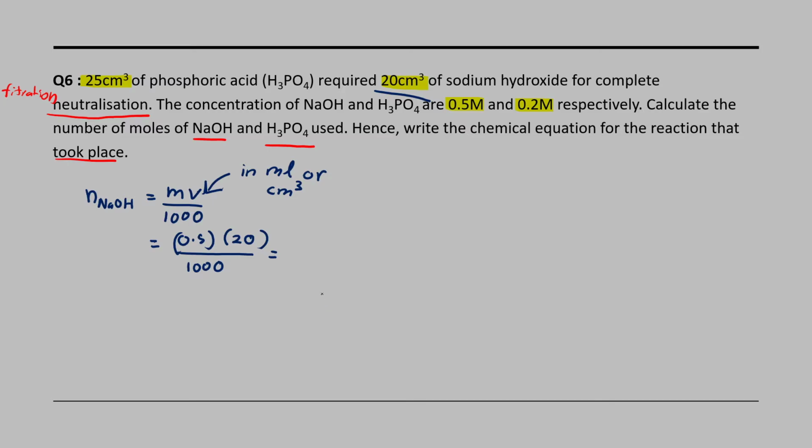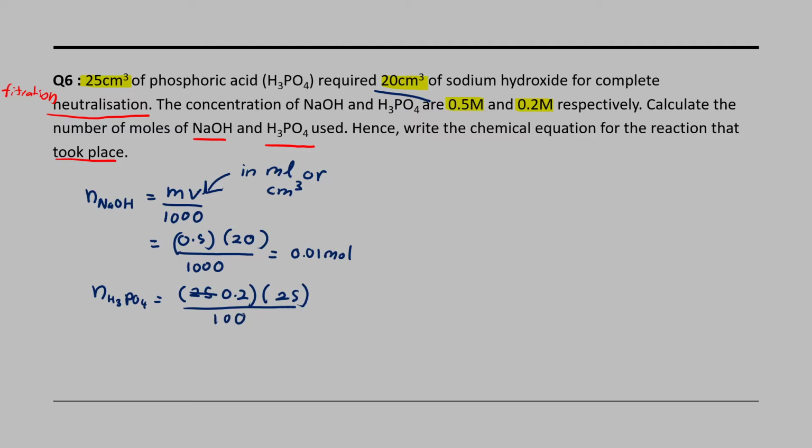Yes, 0.01 moles. While for H3PO4, same also, MV over 1000, so the volume is 25. So put the M first, which is 0.2, its molarity, times its volume, which is 25